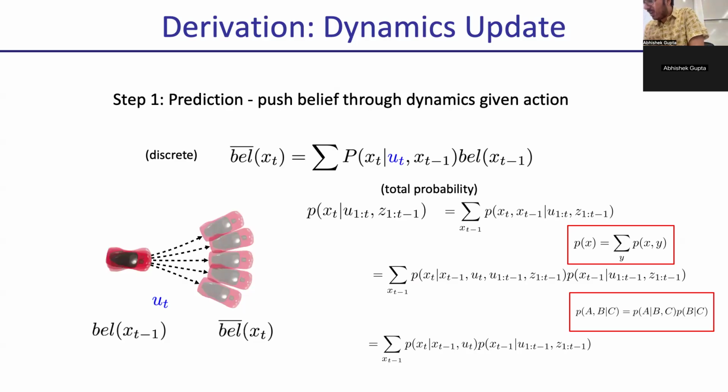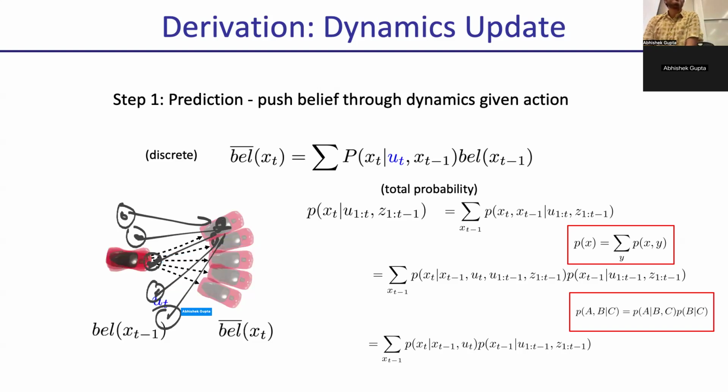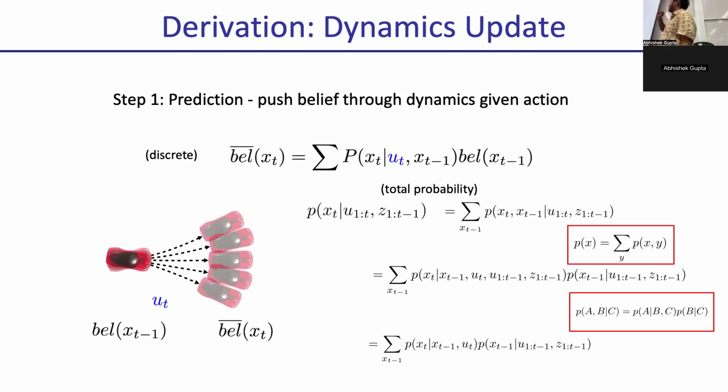Right? So imagine that I'm trying to figure out what is the likelihood that I'm going to be here. I'm going to take the contribution from all the xt minus 1s that I could have been at, weighted by how likely I was in each of those xt minus 1s. Each possible state in the past has some likelihood of getting here, and I weight that by how likely I was in each of those states in the past. The way you express that mathematically is that belief bar is equal to the sum over xt minus 1 of p of xt given ut, xt minus 1, times belief at xt minus 1.